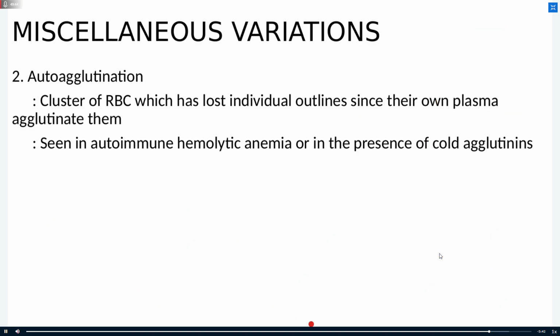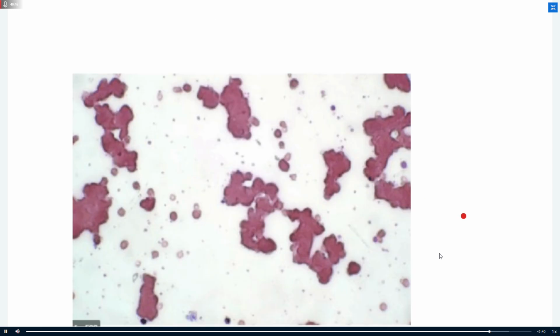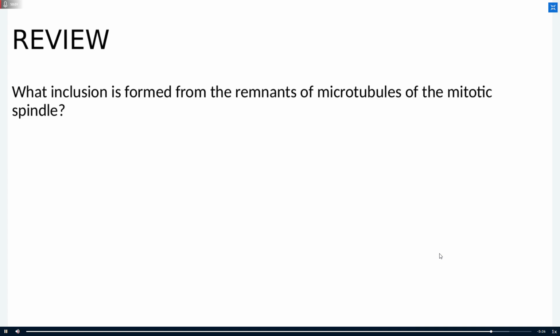So this is the appearance, class, of your autoagglutination. They would appear as clumps of RBC. Okay, review tayo. What inclusion is formed from the remnants of microtubules of your mitotic